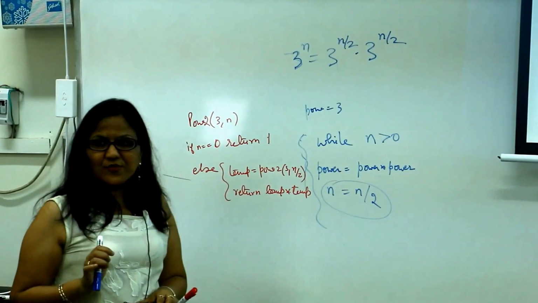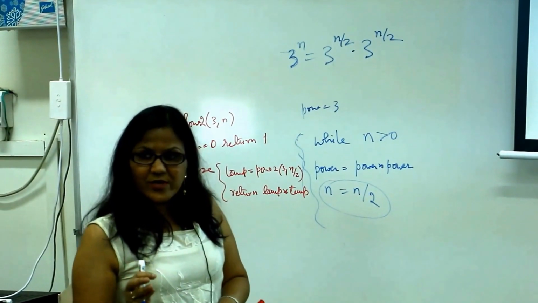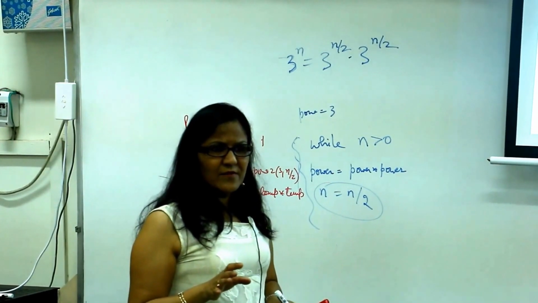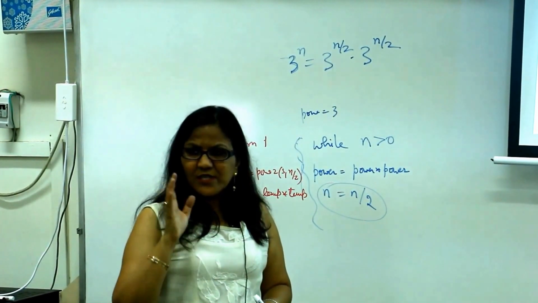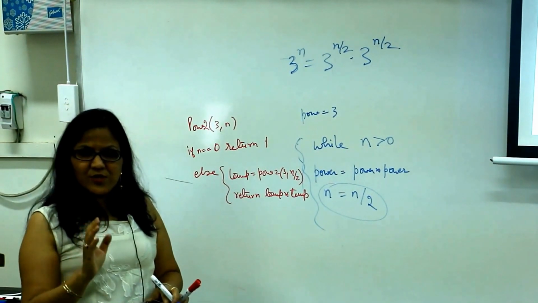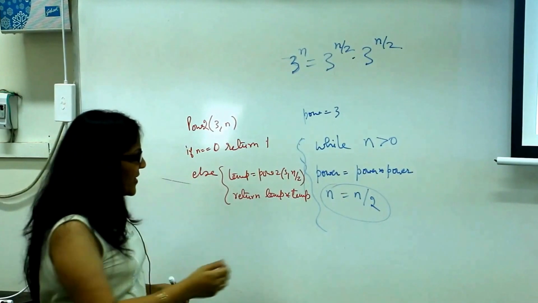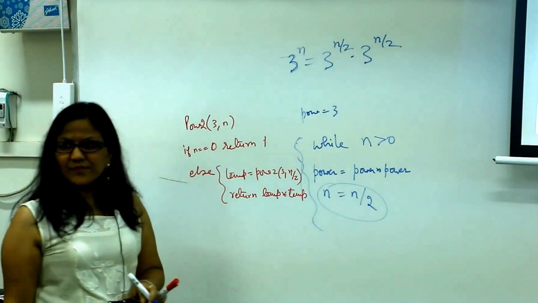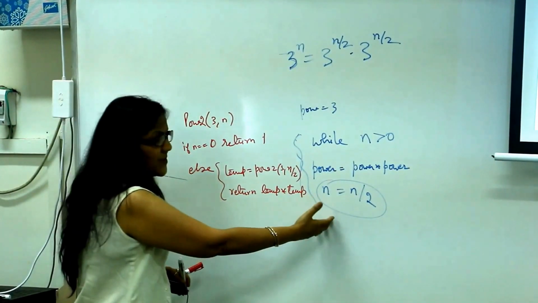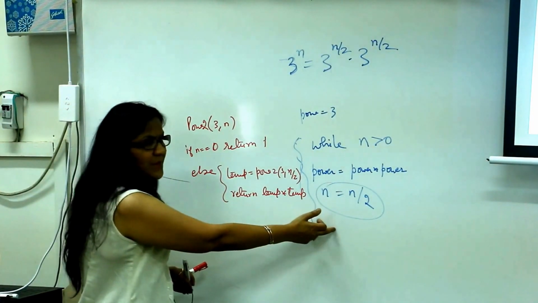So what is the advantage of writing recursive functions as compared to their iterative counterpart? Easy to implement, right? Easy to design, easy to think of. Now let's prove the correctness of this and the correctness of this. If one person writes this implementation, another person writes this implementation, you have to convince somebody that your algorithm is correct.